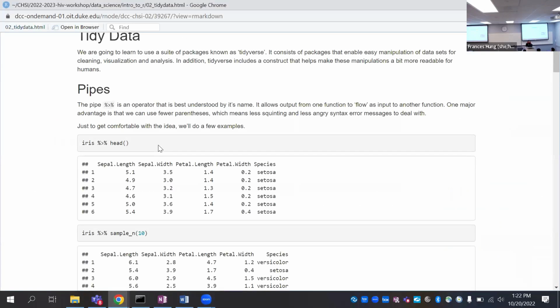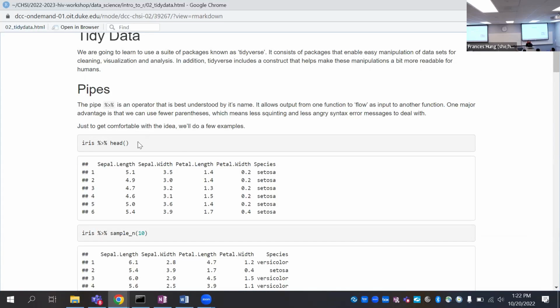Okay, so you now have looked a little bit at Iris, and here we're just getting comfortable with pipes and some very basic tidyverse commands. So if you want to see just the first 10 rows of Iris, or 6 in this case, you can use the head command.